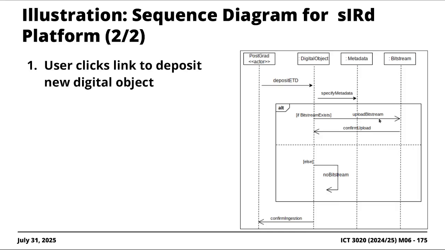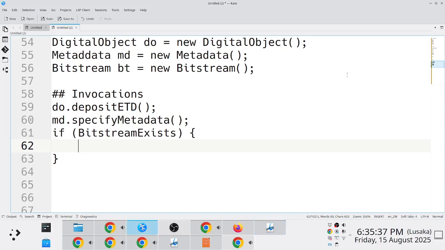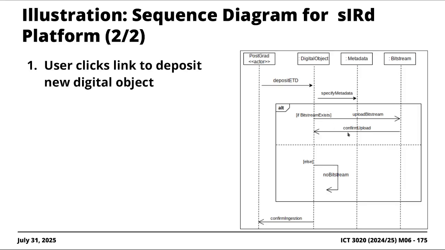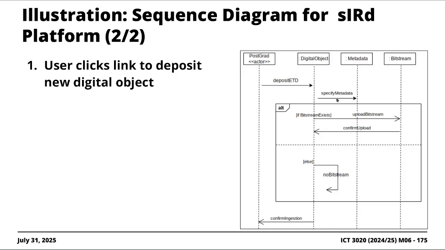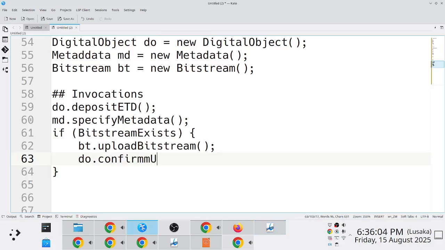You're invoking upload bitstream in the bitstream object. The bitstream object is bt, so it'll be like bt dot upload bitstream. And again, we're not providing arguments, but in this particular case, maybe the path to the file or something like that. What else do you have, in this same if condition? This is supposed to be a return message, but that's fine also. There's a method that is invoked by bitstream, which is in digital object. So you have something like do dot confirm upload, like so,